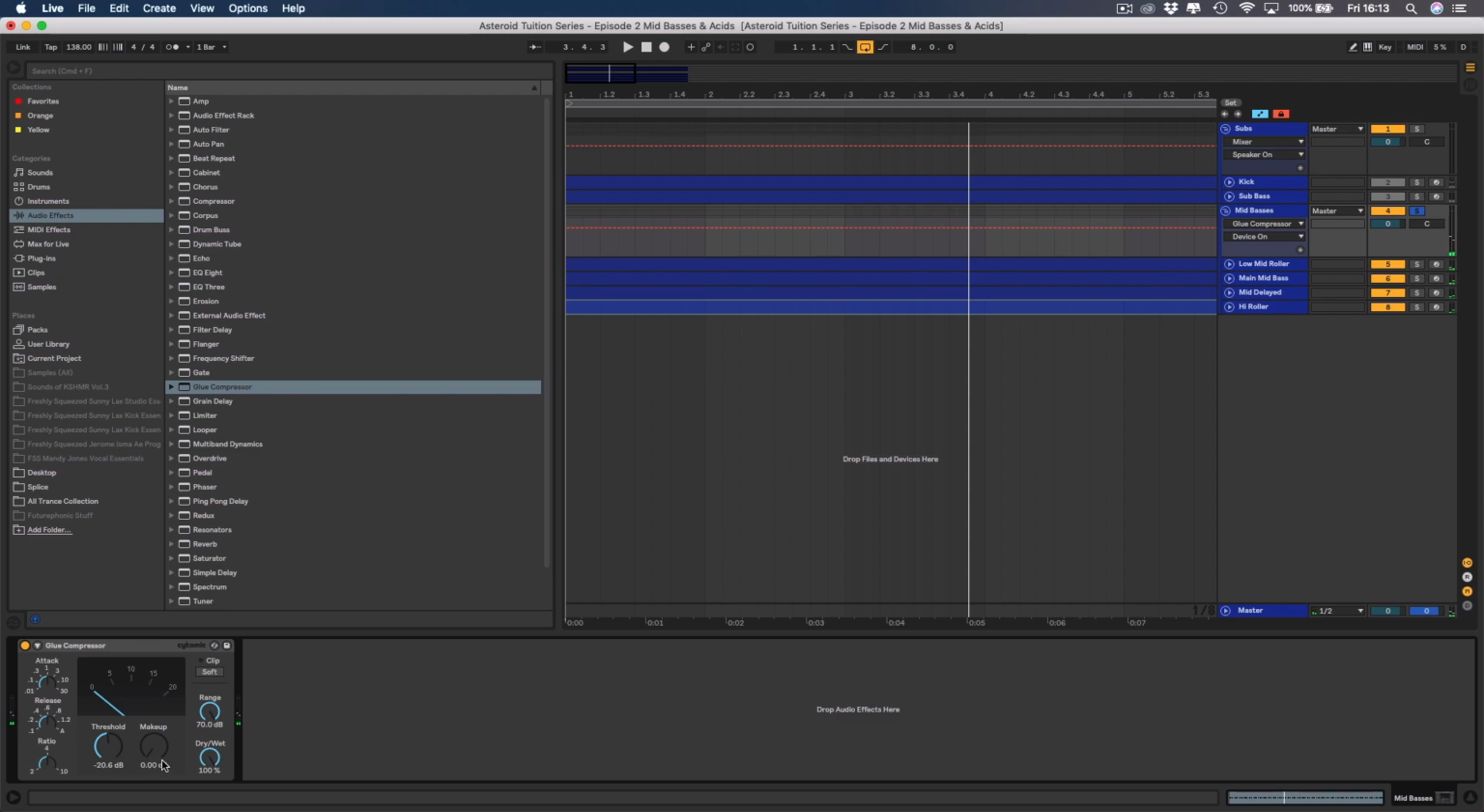As you can hear, it's just tightened things up a little bit, but in doing so we've lost a little bit of volume, so I'm just going to turn the makeup up just a touch. Okay, so